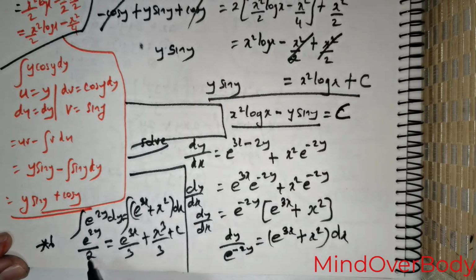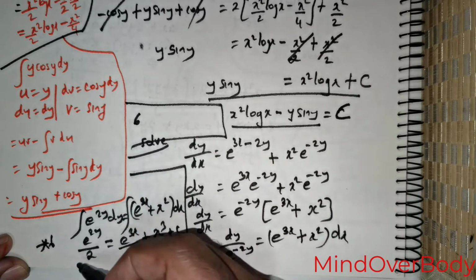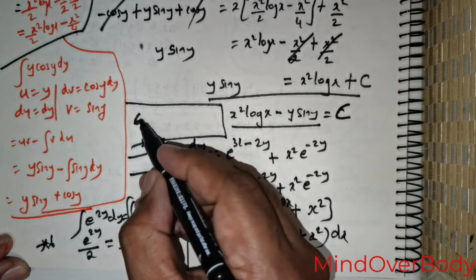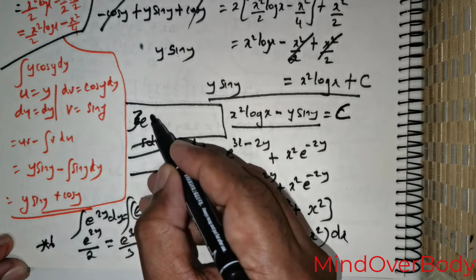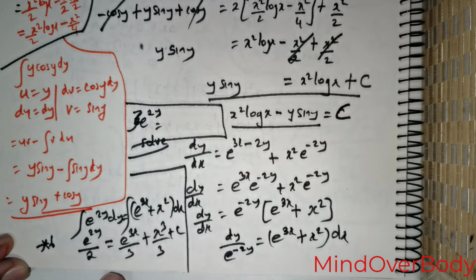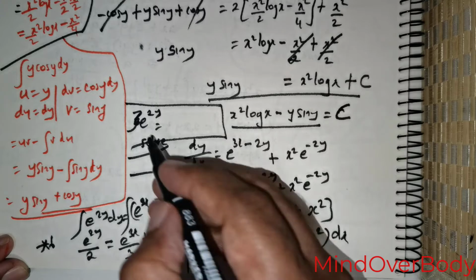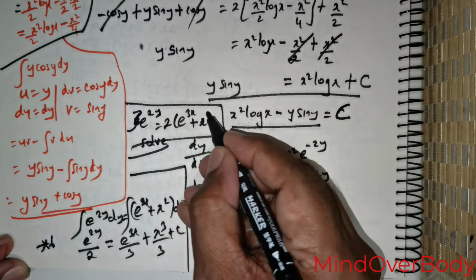So this is going to be 6 times e raised to the power of 2y divided by 2. So that's going to be 6. 2 divides 6 3 times, right? So let me just write that 3 down. So 3e raised to the power of y is equal to, this is going to be 2 and 2, so I will just place 2e raised to the power of 3x, positive x